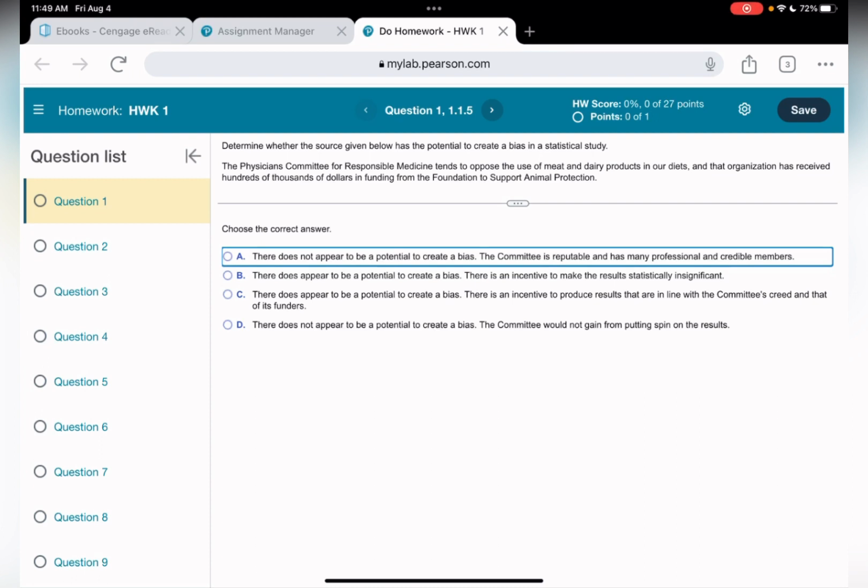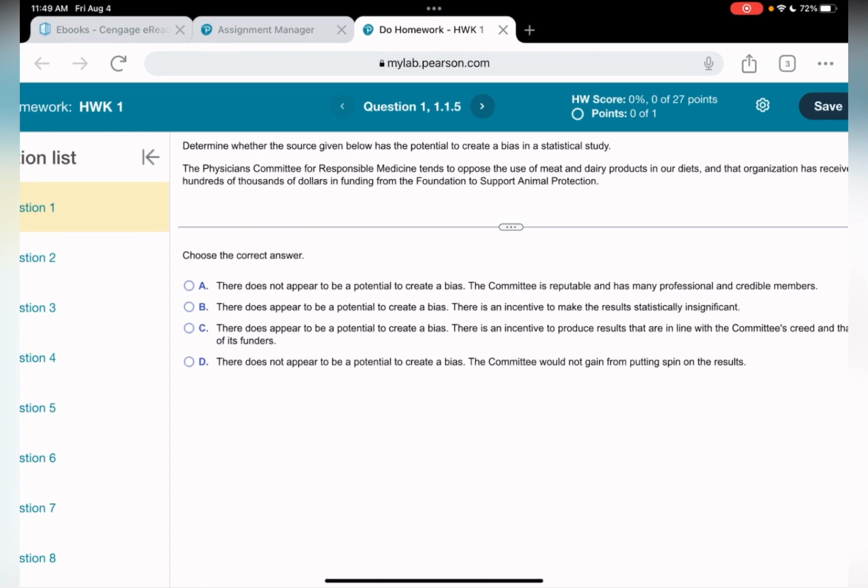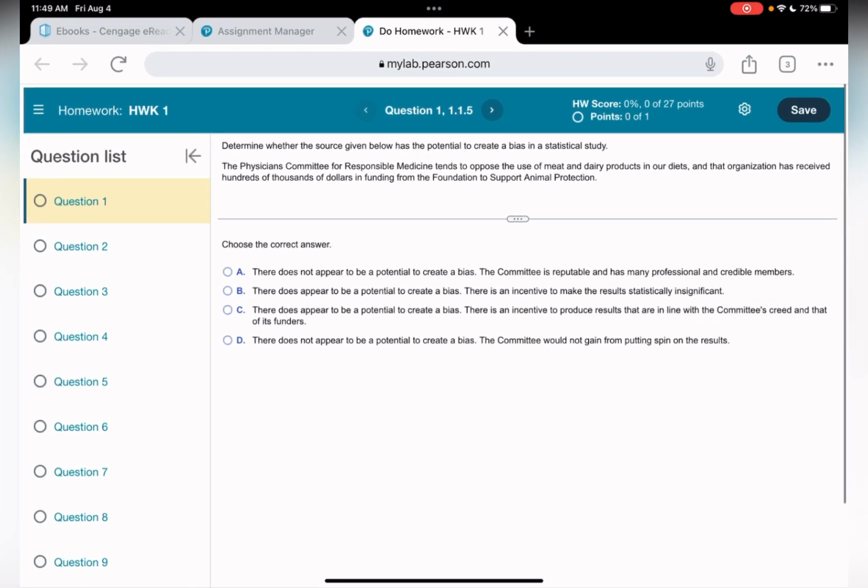Okay, we are going to do homework 1, question number 1. The first question is: determine whether the source given below has the potential to create a bias in a statistical study. Before we choose the answer, I need to explain to you what bias in statistics is. Statistical bias is a term used to describe